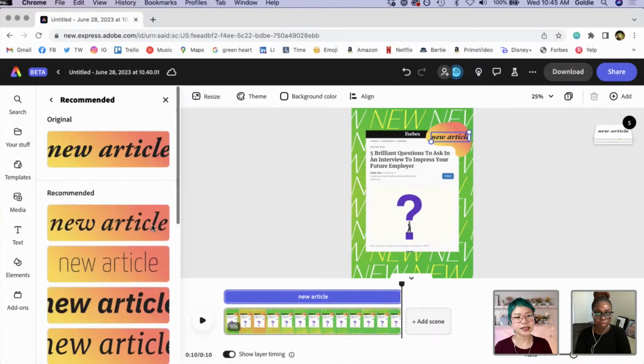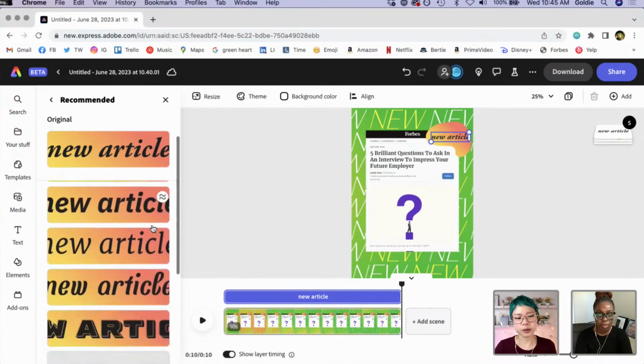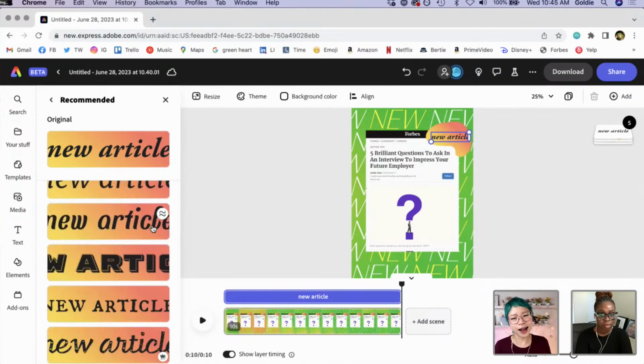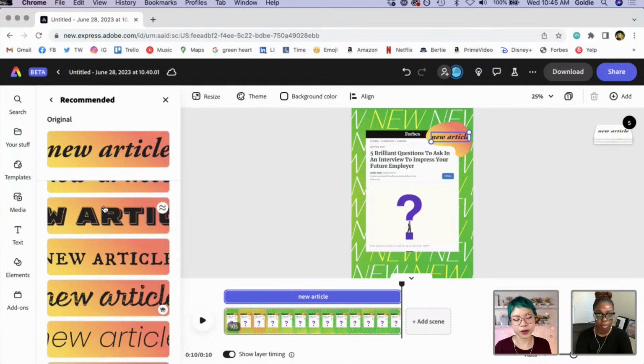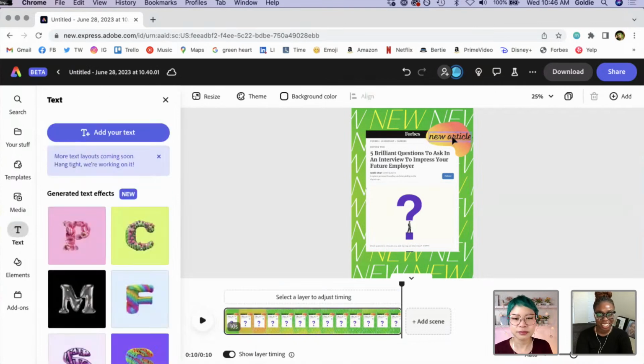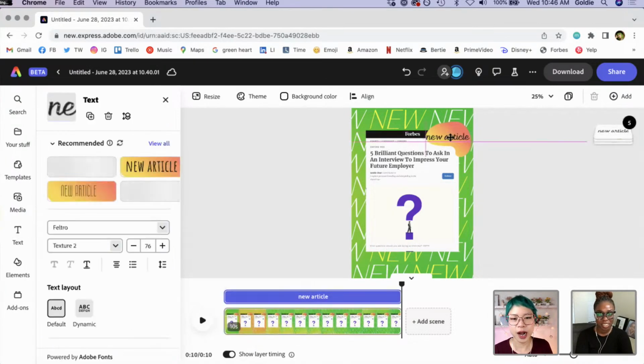And as a visual person, so I'm a writer, but I'm also a visual person, I like to see what the other fonts are because I don't necessarily have fonts memorized outside of Poppins, Helvetica, and a couple of others. And if you are watching and you have all the fonts memorized, power to you. I'm not that person. Okay, so you know what? I'm going to do something wild and do a non-Poppins font.